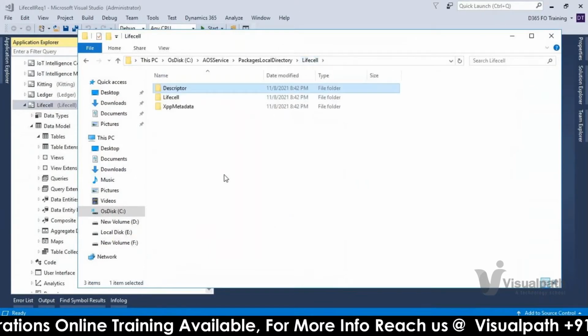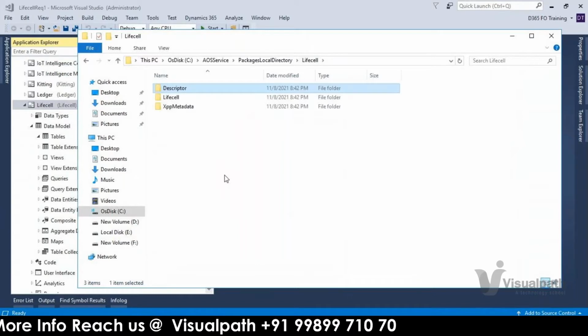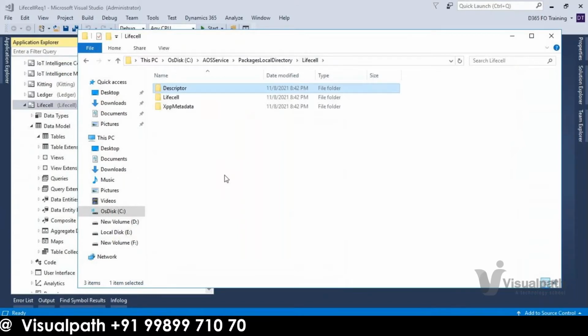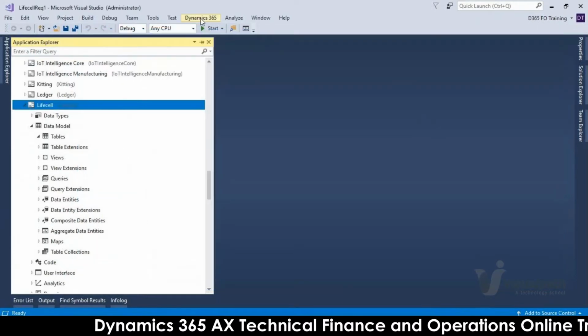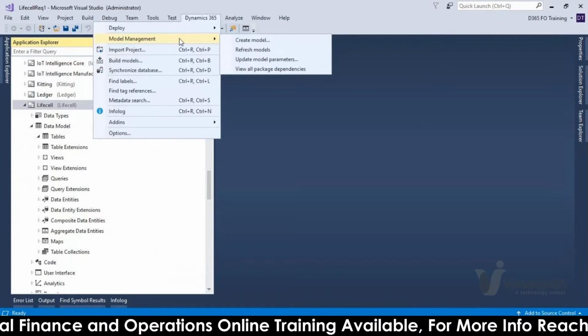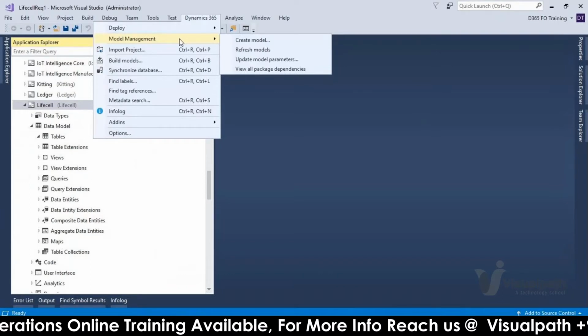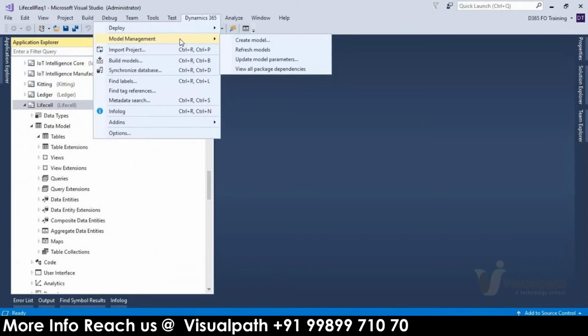Sometimes, for example, tomorrow you have taken latest in some other development environment, and some developer has changed something in the descriptor file, like by giving a reference here. If you are not checking in the descriptor file, another developer will get errors because he has used objects which are not referenced from the models.